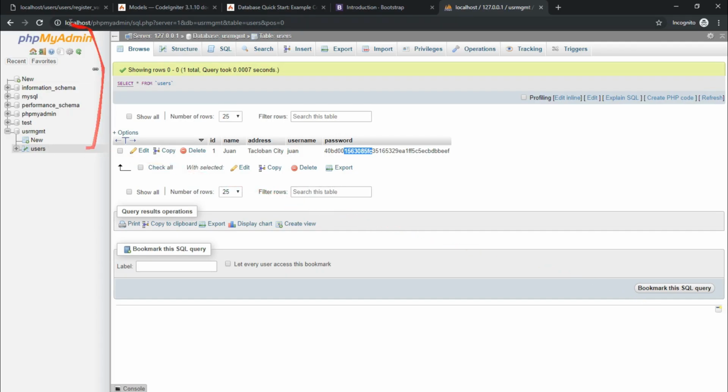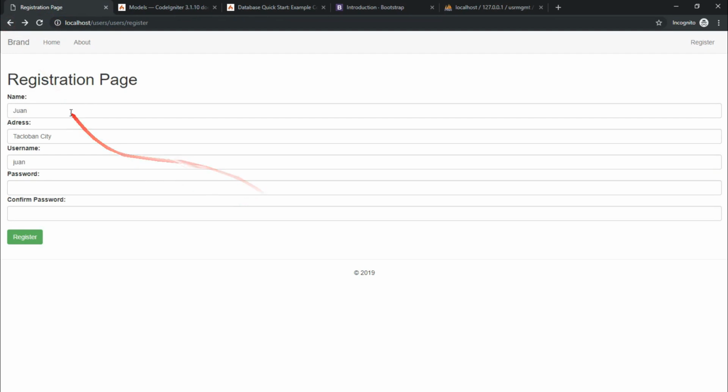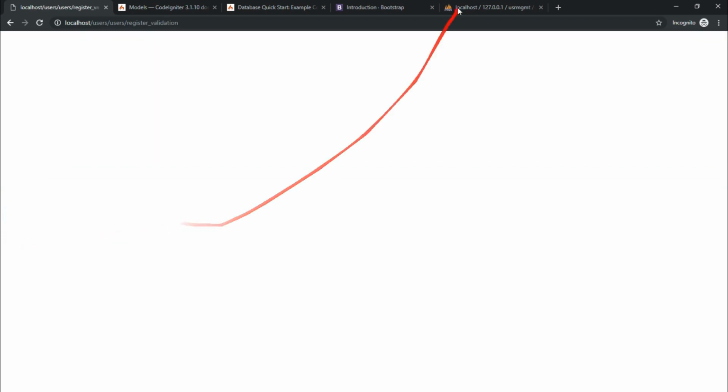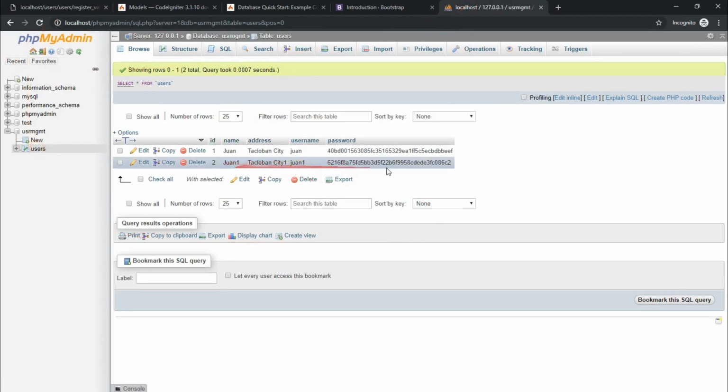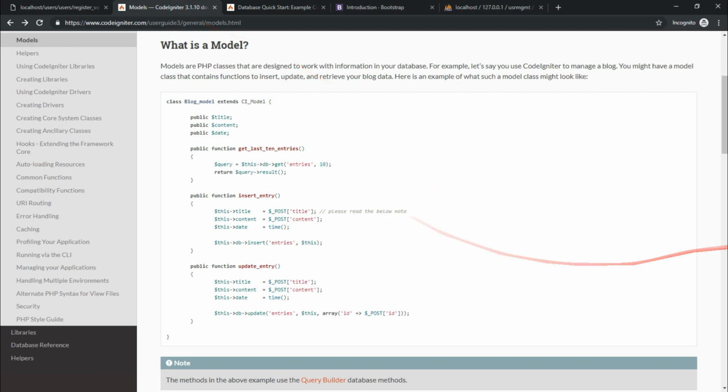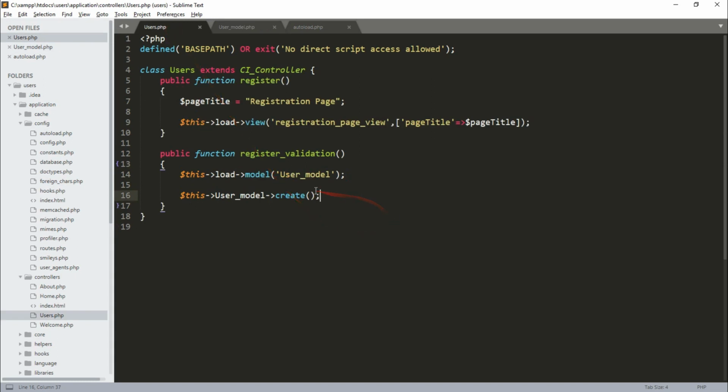Let us check again if this will work. Go back. 1 1 1. Then click register again. If it is working, then we are good to go. And no error. Let us check the users and it is working. Now we are done with inserting the data. Let us now try to create another page wherein all the data of the users that are